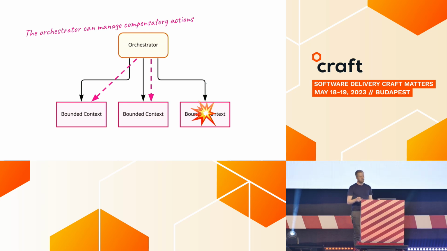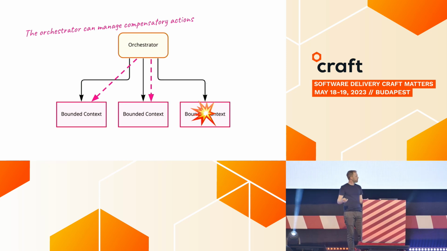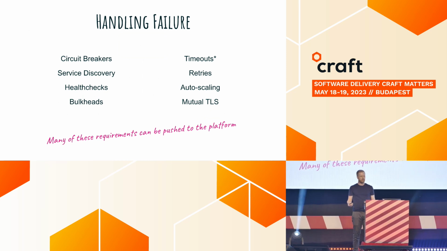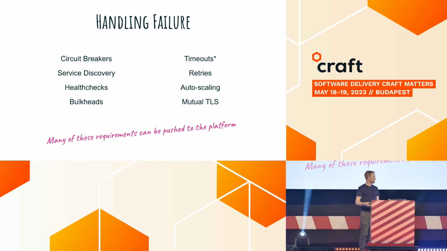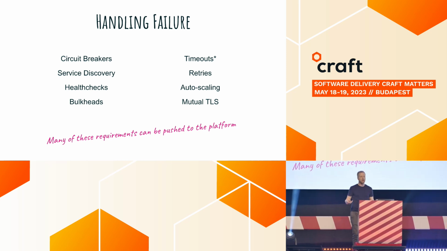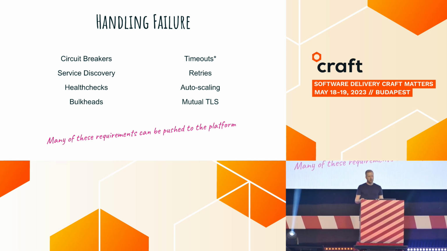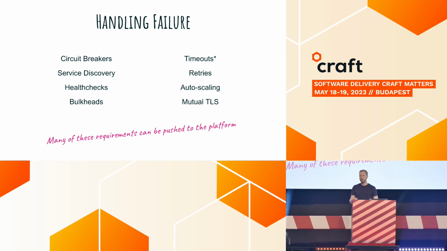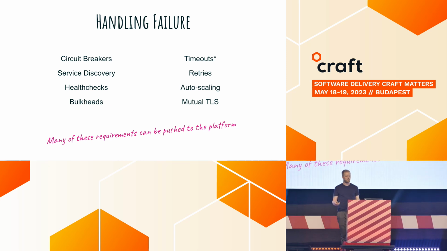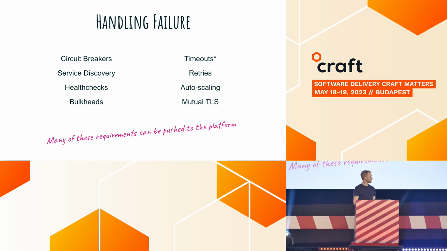states. And if we think back to talking about request response being the primary interaction paradigm between the orchestrator and the systems, then we've got loads of prior art there to help us handle failure in that regard. So I've heard mentioned today of things like circuit breakers, retries, health checks, and bulkheads, that sort of thing. These are all elements that are increasingly common and are more often than not now pushed to your platform. So you get them for free. This is stuff that you can kind of just assume is there, especially if you've got a decent service mesh